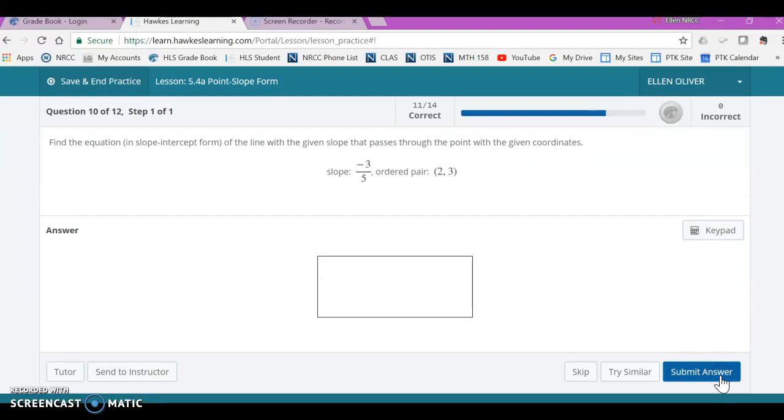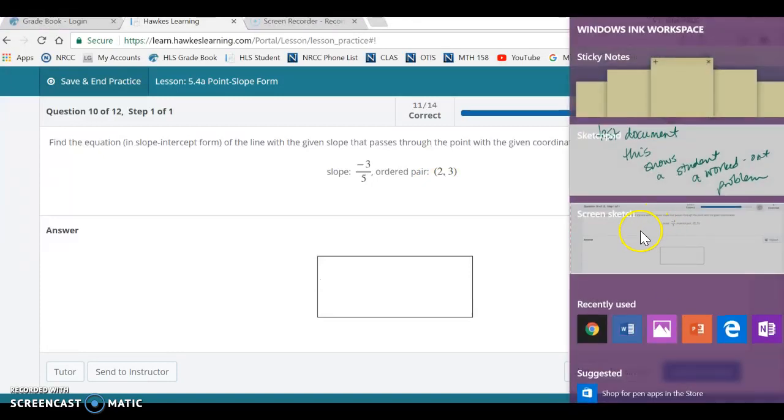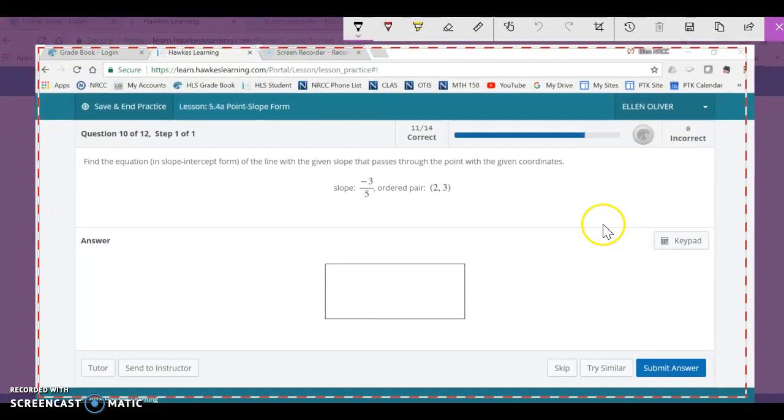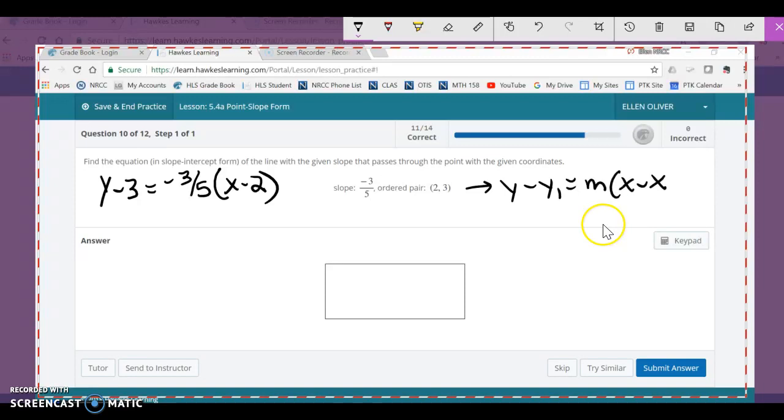All right, we're about to run out of time. Same thing here. Fortunately, this is not anything new, but I will do it. That's probably all we'll have time for. Y minus 3 equals -3/5 times (x minus 2). I'm just plugging that data into this. So y, and then I simplify. Negative 3/5 x